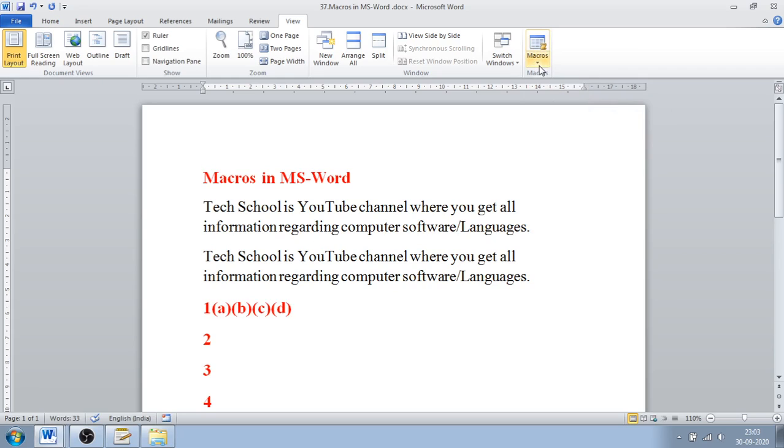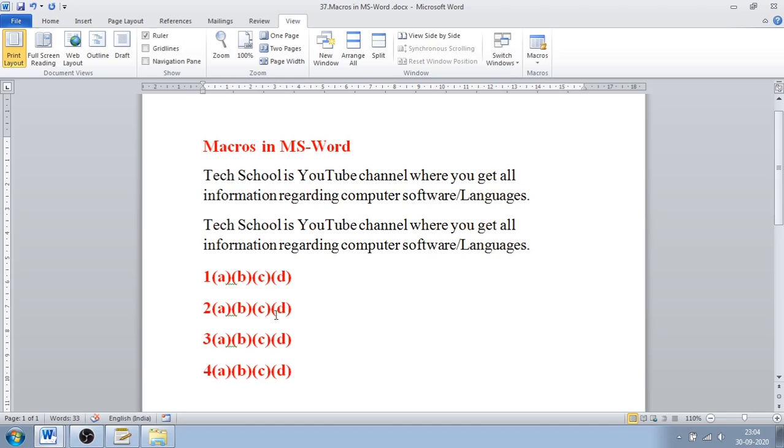Now if you forget which key you have used, you just have to press Alt D, Alt D, Alt D, and the same format will come for the others. Now if you press enter here again, you can write the same thing multiple times. This is a simple thing. You can make it complex, and you can record it with the help of macros and use it multiple times whenever you want.